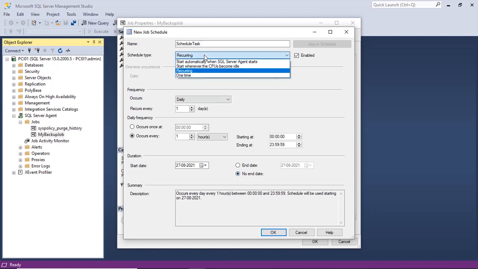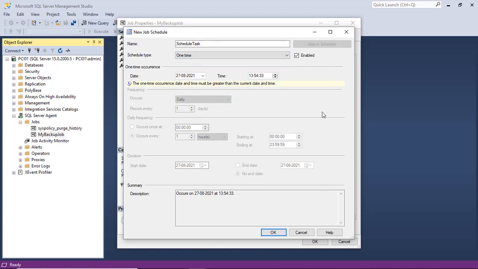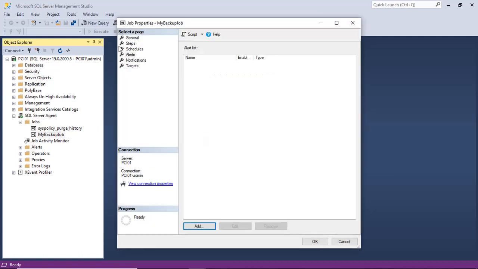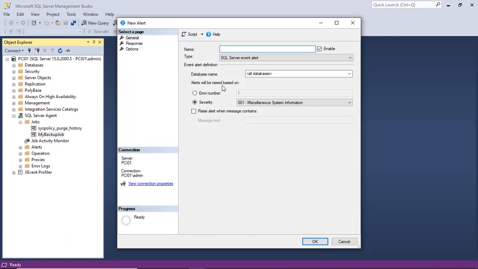Now, if we select the one time, it means the job will execute only once. So in that case, you can decide the date and time for the execution of the job. So this is how you can schedule the date and time for your job. Next, we check the alerts. Then add, see,